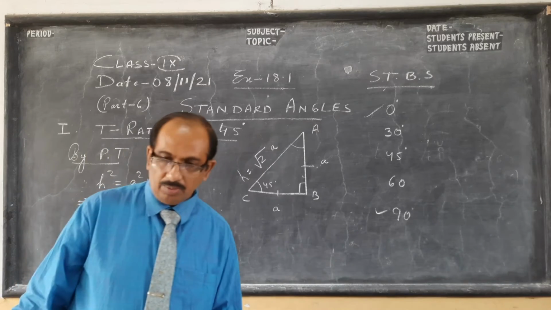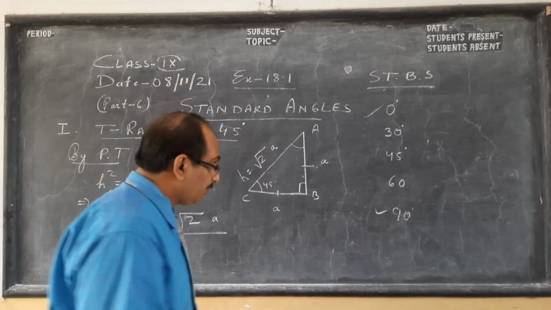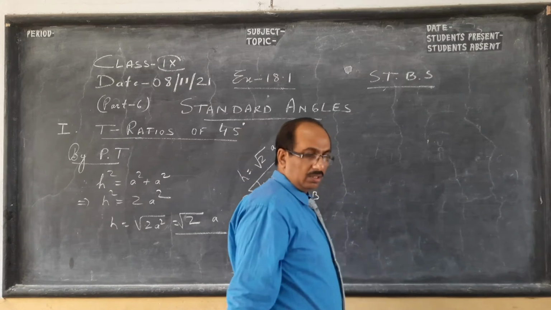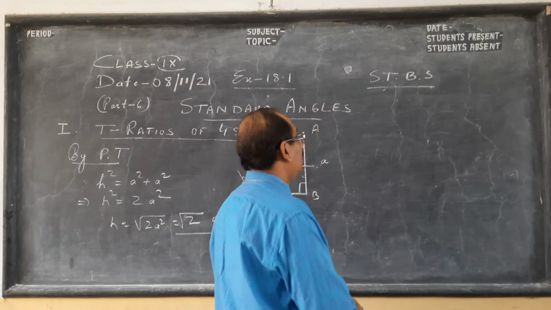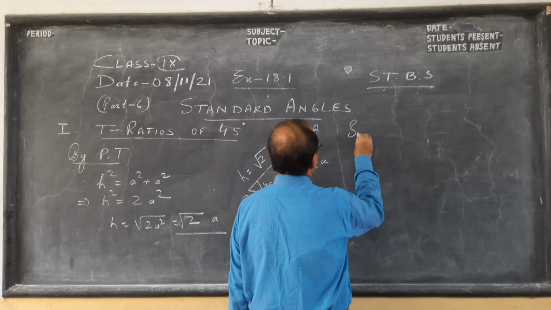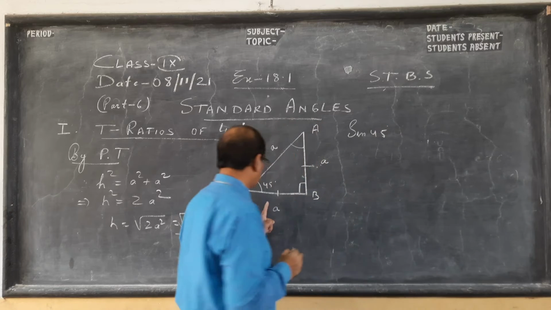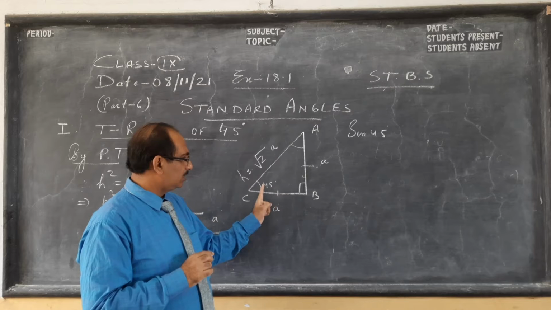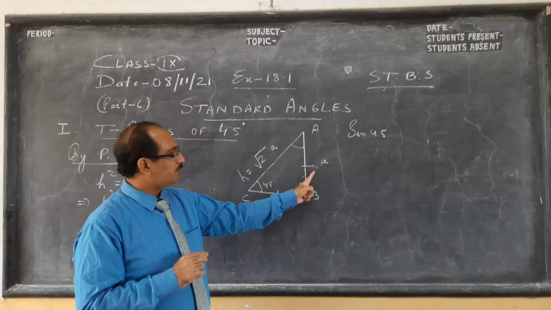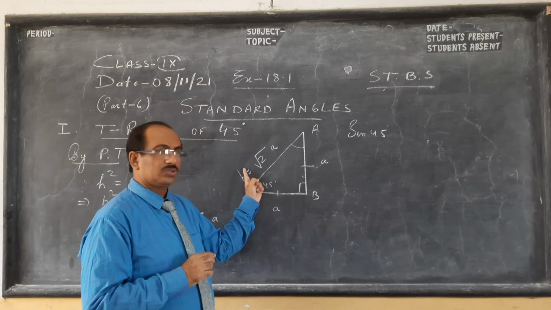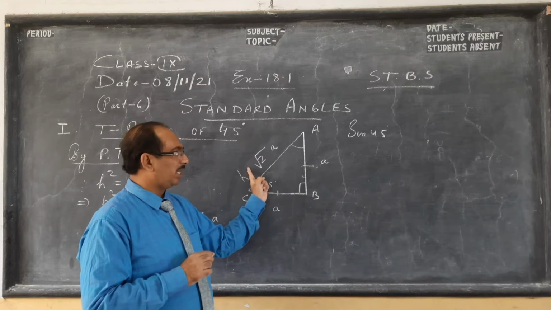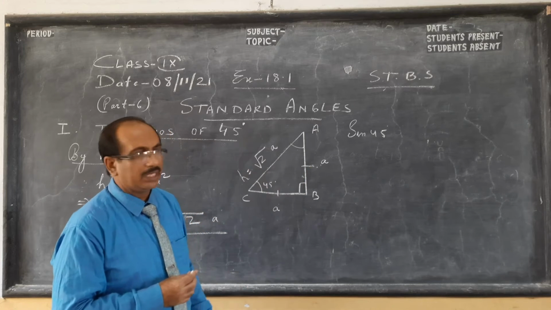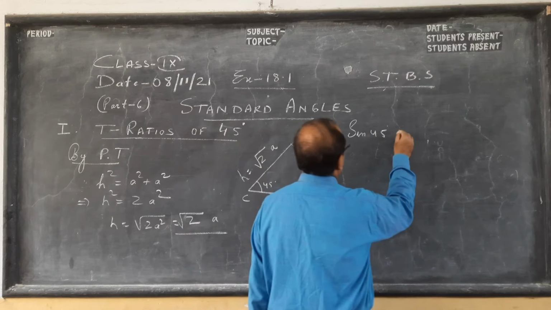Now basically all 6 trigonometric ratios I'll tell you, but from the next part onward I will not talk about cosec, sec and cot. So see sine 45 degree. Children, this is 45, this is also 45, we'll consider this one only. Sine 45, you know, is perpendicular by hypotenuse, or as I told you in the first video, opposite by hypotenuse. So a by root 2a.